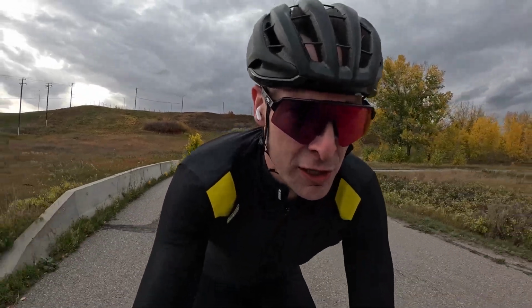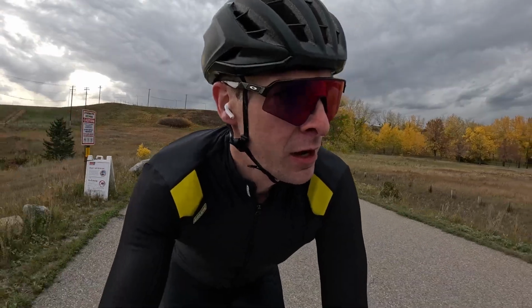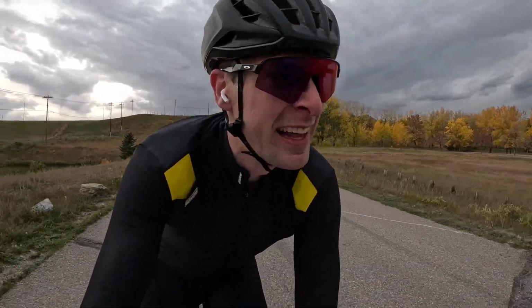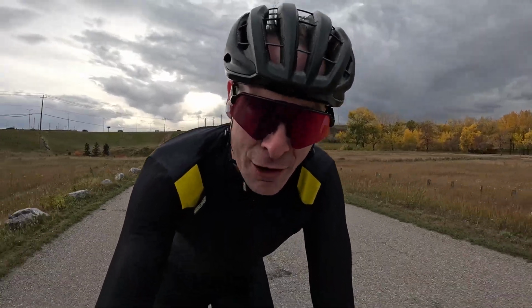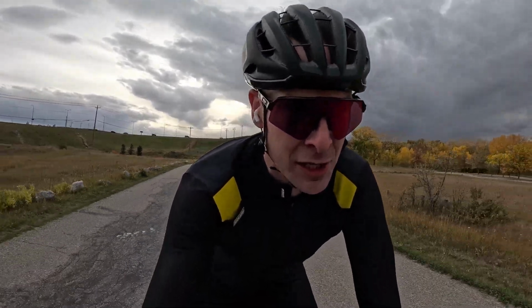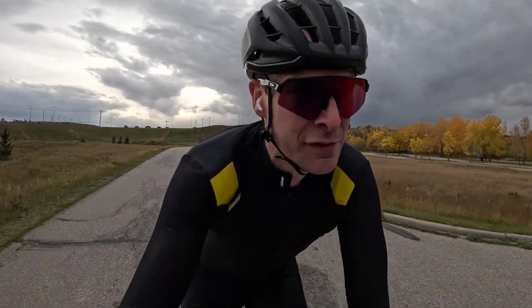So if you start in the morning, typically it's going to warm up throughout your ride. Whereas when I go right now at night and it's about to rain, the sun's going to be down in about an hour, you're cooling down as your ride goes on, which really changes things from an apparel perspective. Honestly,